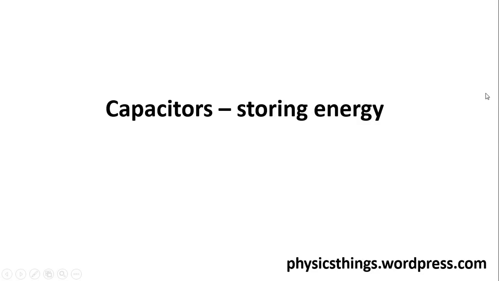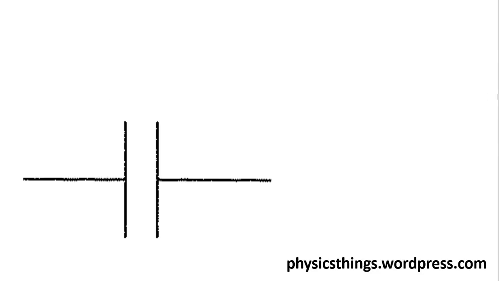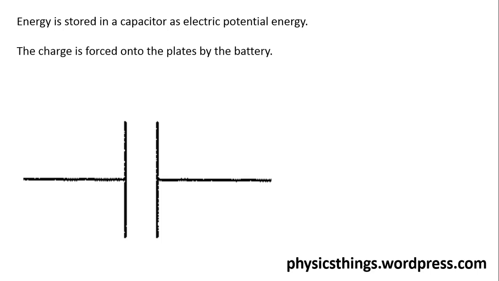In this video, we're going to have a look at storing energy in a capacitor. So you might remember that our capacitor is basically two parallel metal plates which will be charged up. Each plate will have an opposite charge, producing a potential difference across it. Now, the energy stored in a capacitor is stored as electrical potential energy, and it's forced onto the plates by